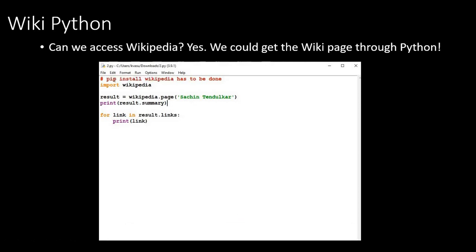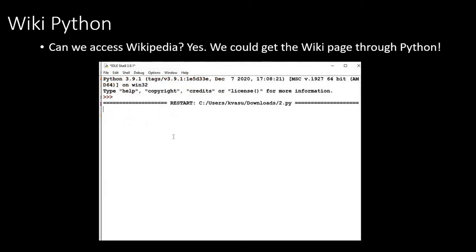So please do not forget to install wikipedia with pip install wikipedia, and importing wikipedia is one thing that you need to do. And the method that we need to use is wikipedia.page with the content that you want to search for, and printing happens right after that. Can we run it? Yes, it's pretty easy for us to go ahead with it right now, and I'm running it. You will get the result.